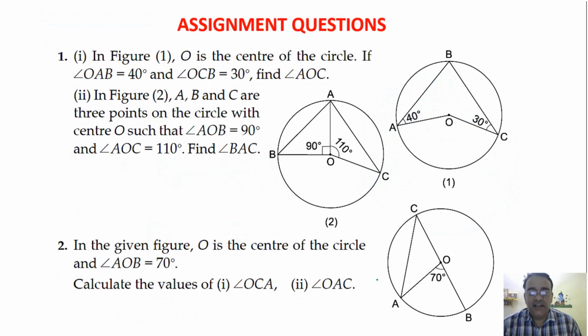Now the next section is the assignment questions. Only 2 questions are there, and in the first question you have to find angle AOC, right? This is the first figure. And in the second one you have to find angle BAC, this one. And in the second question you have to find angle OCA and OAC, right? These assignments you have to complete and send